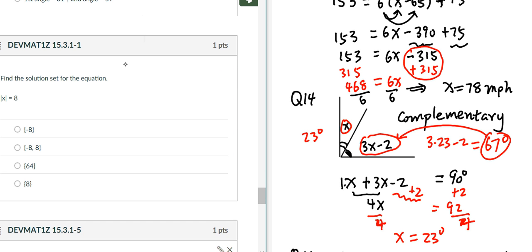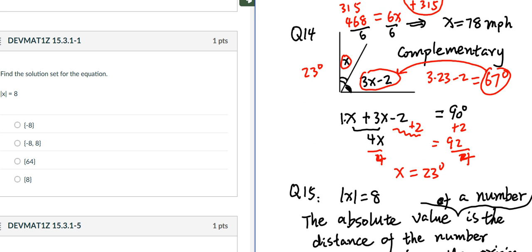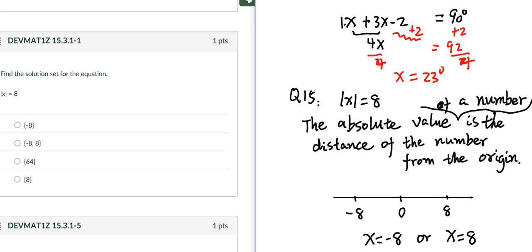Okay, let's see the last one in this video clip. We were given the absolute value of x is 8. What's the meaning of the absolute value of a number? That's the distance of the number from the origin. So here is the origin. Then a number which has distance 8 from the origin, so there are two possibilities. One is negative 8, another is positive 8. So x has two